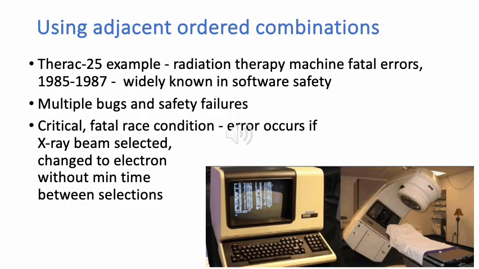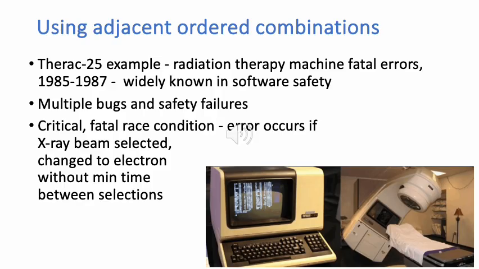To illustrate how this might be used in practice, we're going to turn to a very old example, but very well known if you're concerned with software testing, software safety. This is the Therac-25 example, where there was a radiation therapy machine, and it killed several people between 1985 and 1987. It had a number of different bugs in the software,